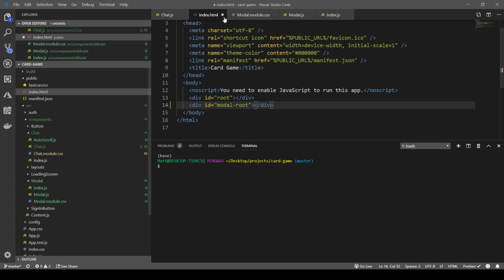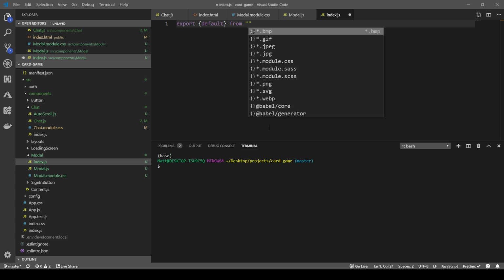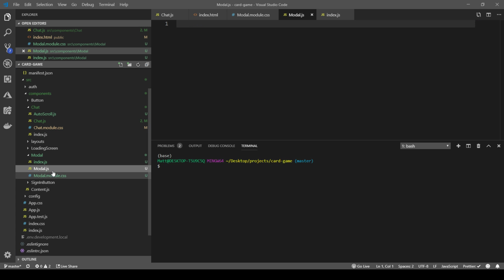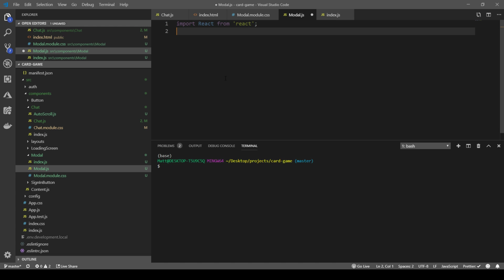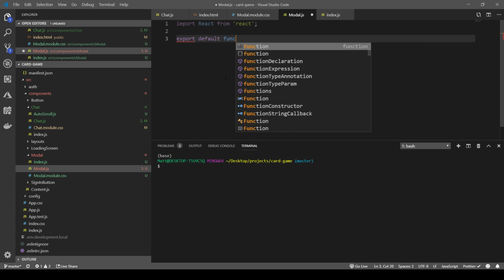And we're gonna save that and export default from modal so that we can skip the folder or one or the other. For now, import React and export default function